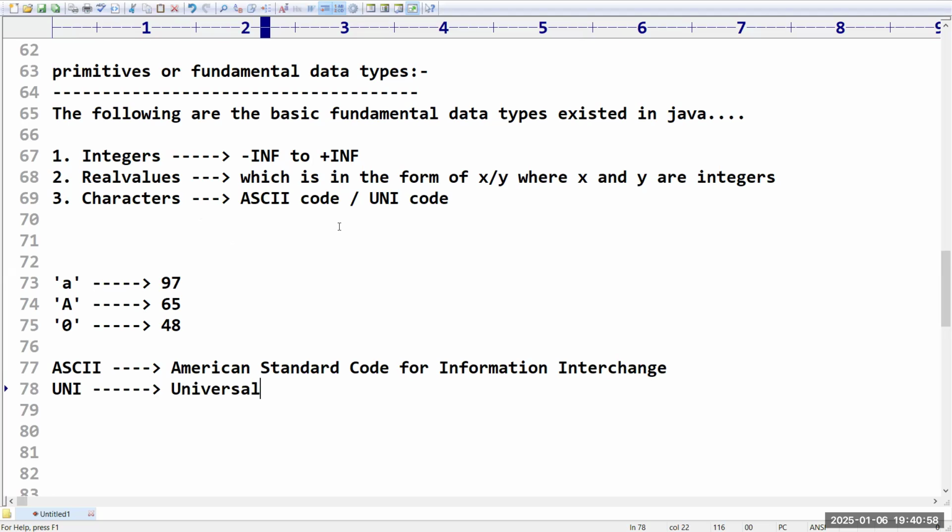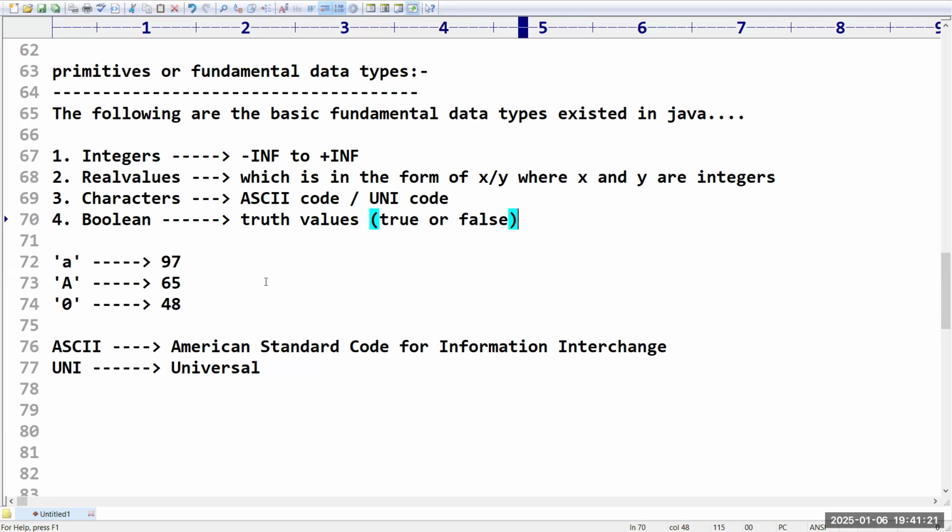Java follows both ASCII code and Unicode, but C language and C++ follow only ASCII. And the last data type we have is Boolean. Boolean is going to take truth values, which means true or false.